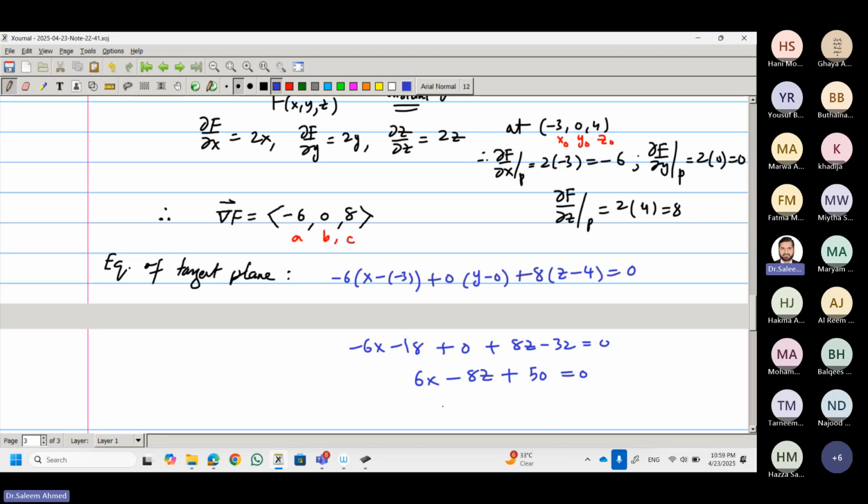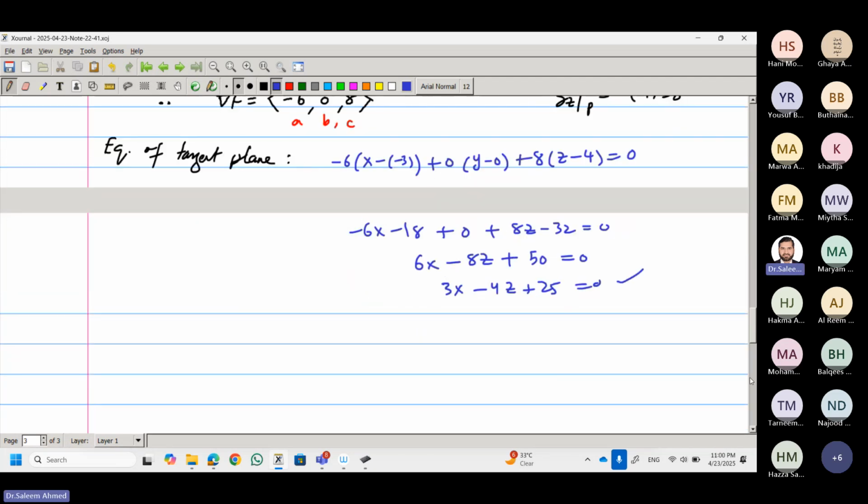So if you divide by 2, 2 is common: 3x minus 4z plus 25. So that is your answer. This is the equation of the tangent plane. And now the parametric equations of the normal line